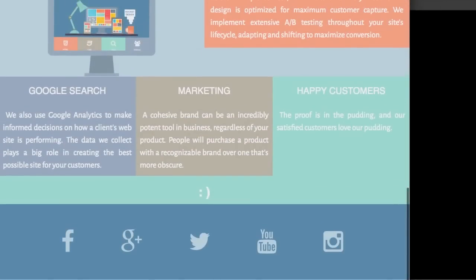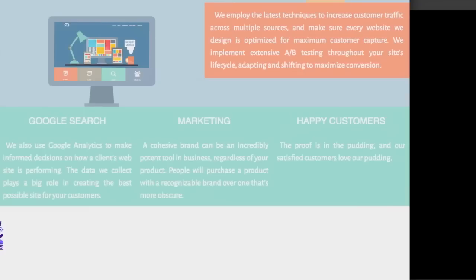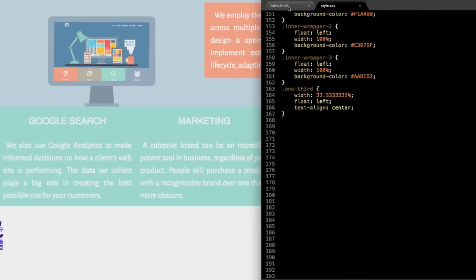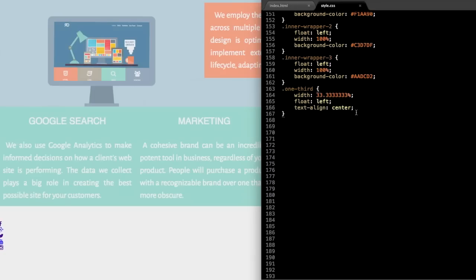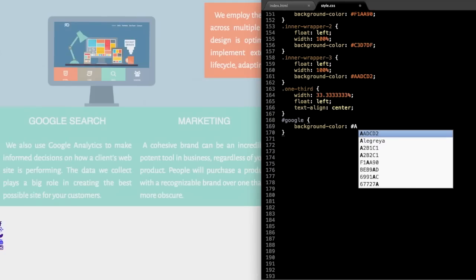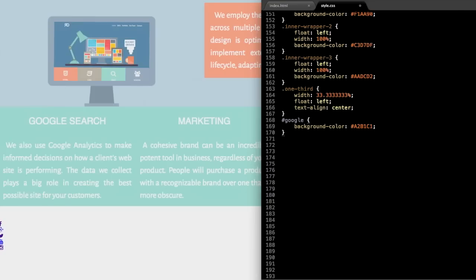So we'll start with the Google one, then marketing and customers to give them each their individual colors here. Okay, so ID. All right. So hashtag Google, open and close the swirly brackets, and then background dash color A2B1C1, and then close that out,